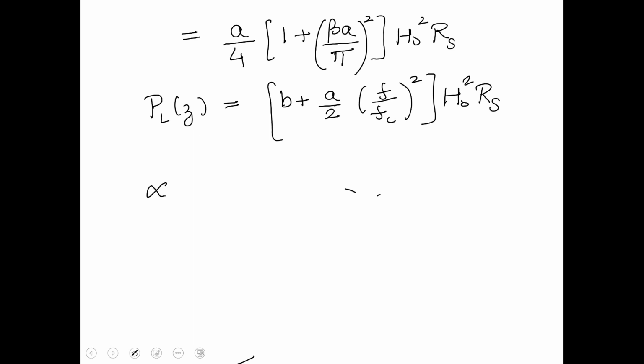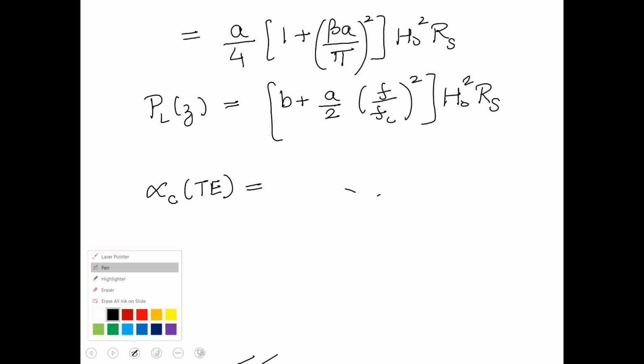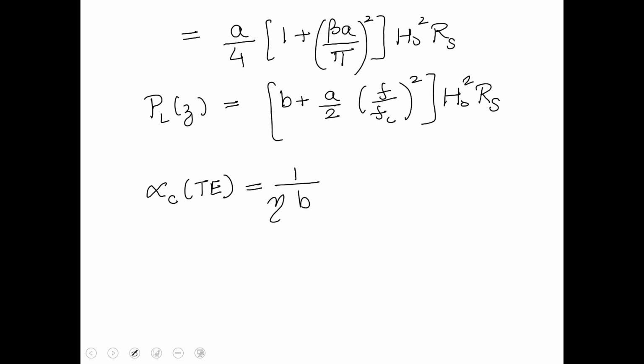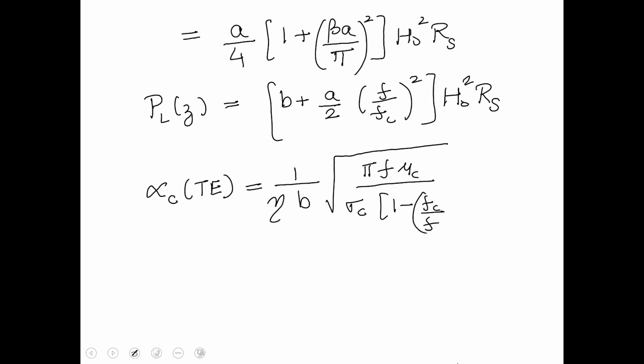And the alpha c, just using the same ones we had seen before, alpha c with respect to TE is going to be given by 1 by beta b square root of pi f mu c sigma c, the conductor value, 1 minus fc by f square multiplied by 1 plus 2b by a fc by f square,